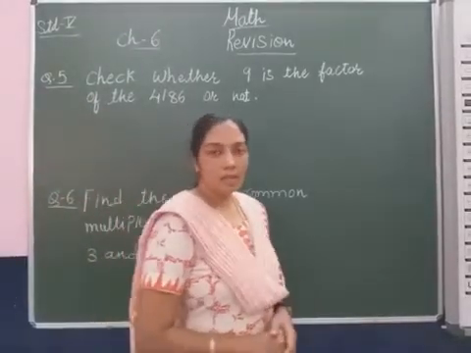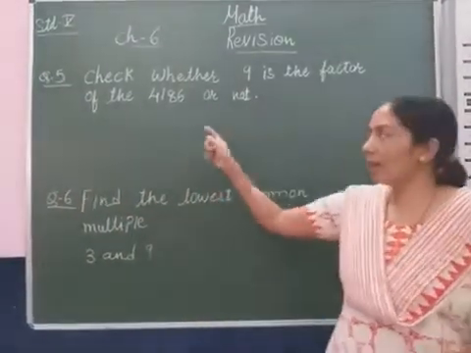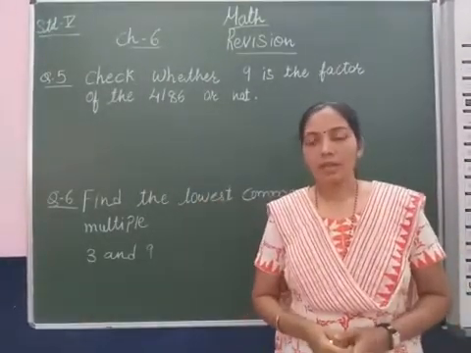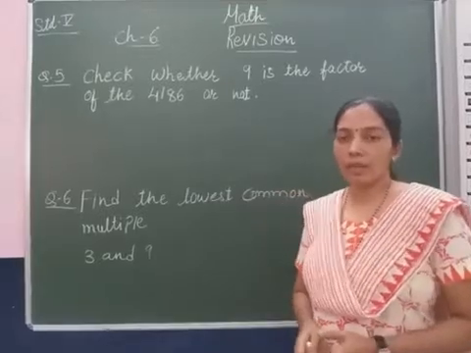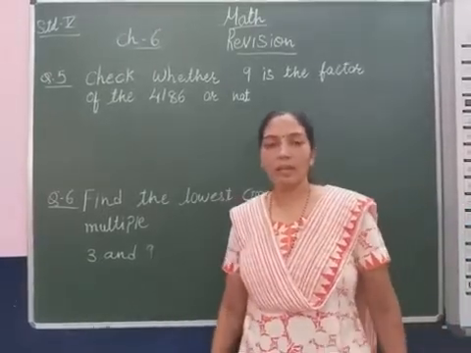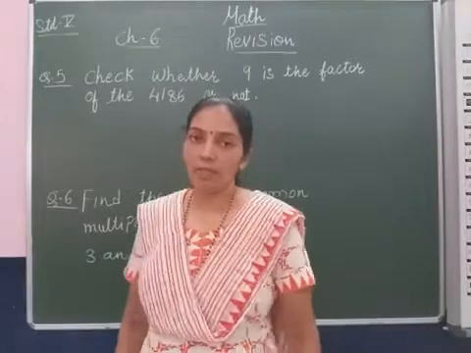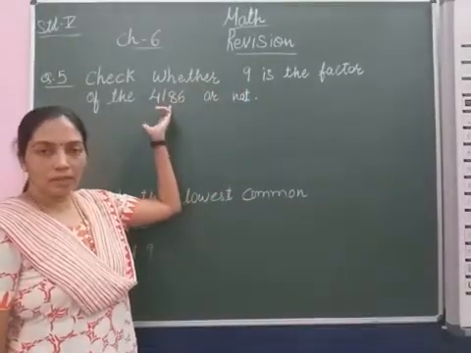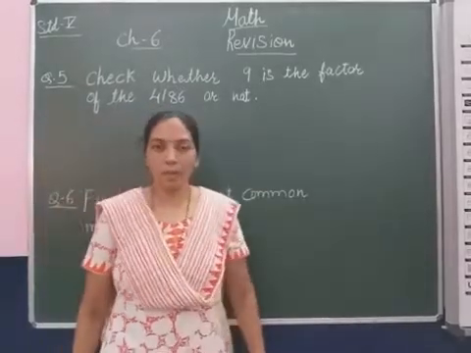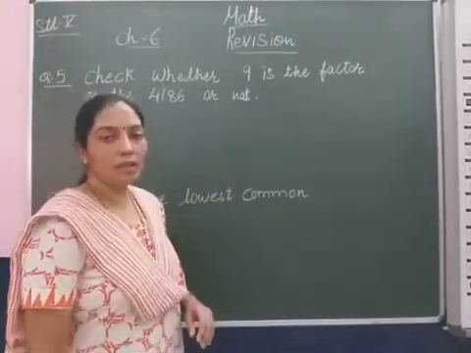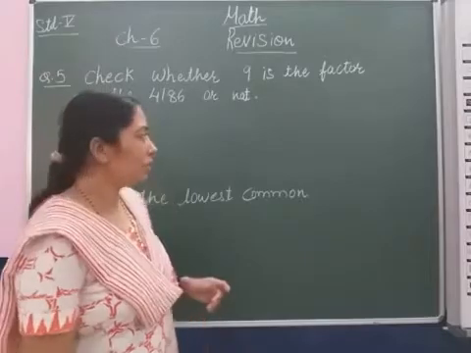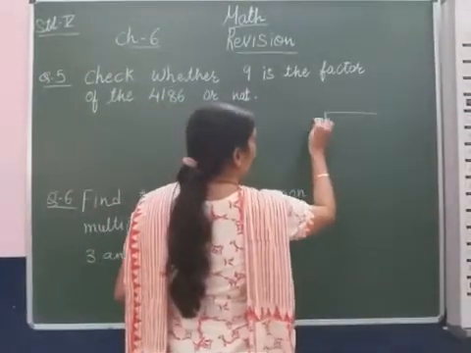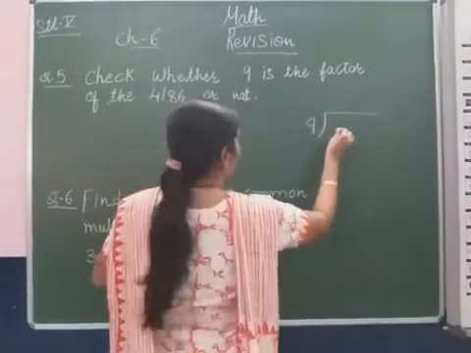When that number is divided by this number without remainder, that means we get the remainder 0. That time we say that this number is a factor of the other number. So for this particular question, 9 is given, so let us check this 9 and this number,